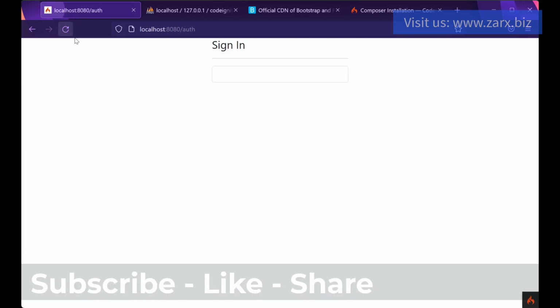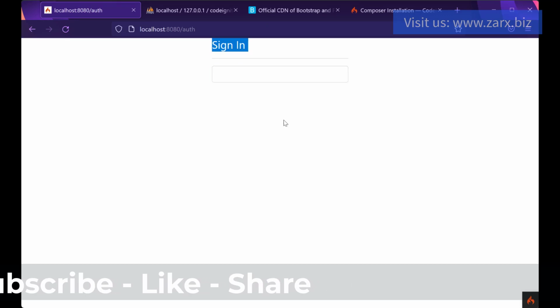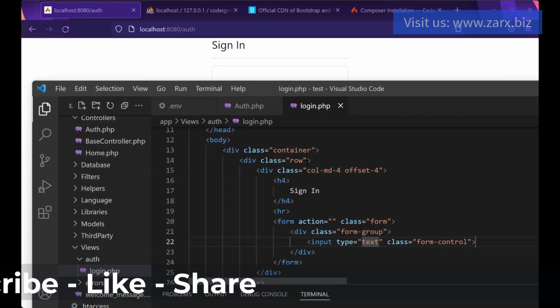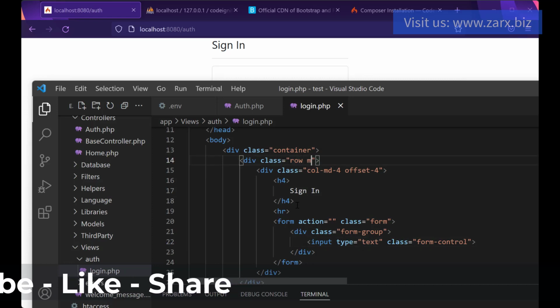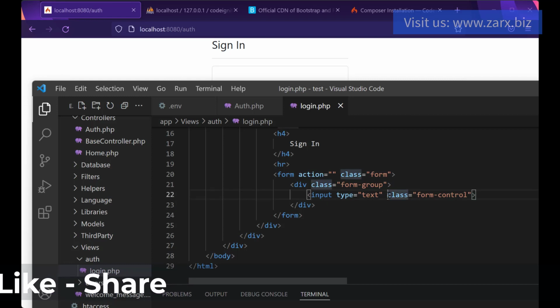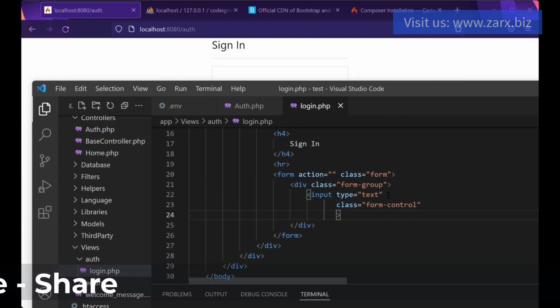So if I go refresh here, you can see that we have nice input and sign in, looking nice. If you want some kind of margin on top, we can say margin top 3. And here I do want to have more things than this, so let's do that. So what I do to make it readable, we put it next like this, and then after